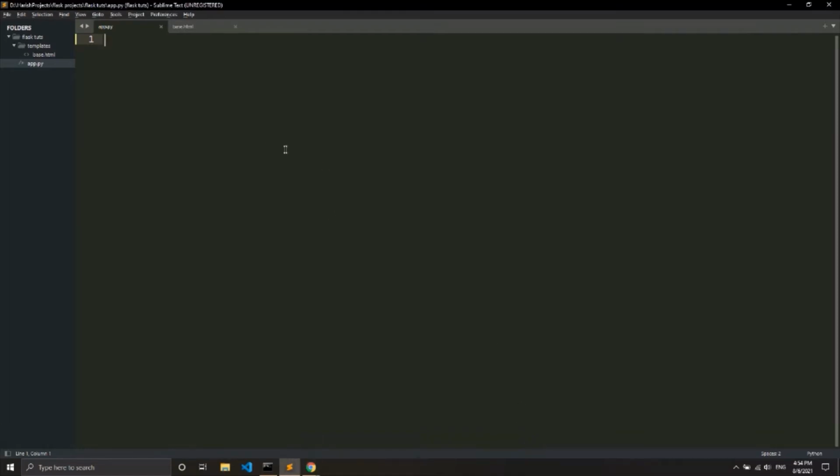Hello guys, and I'm here with a new video, and in this video we will be discussing Flask database, and we'll be setting up a barebone database for this tutorial. So let's start off with the basic import, and create an instance of Flask. Then after that we'll create a route, that is slash.